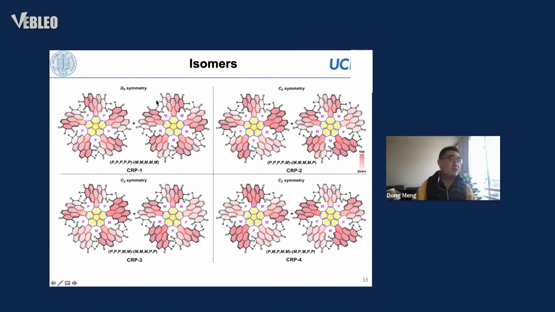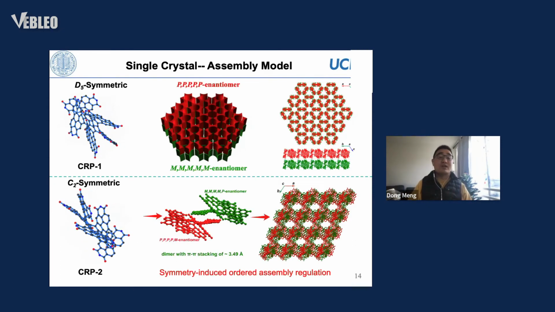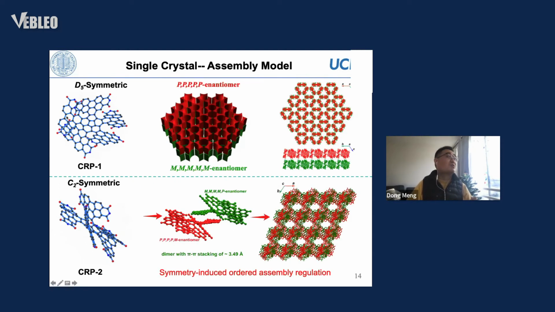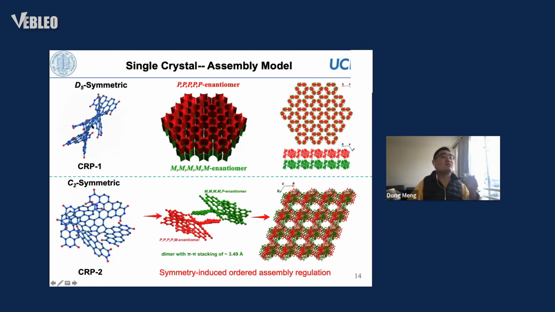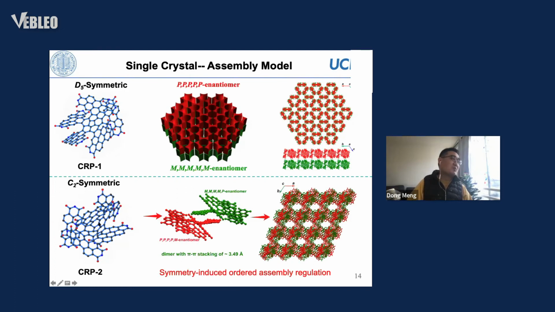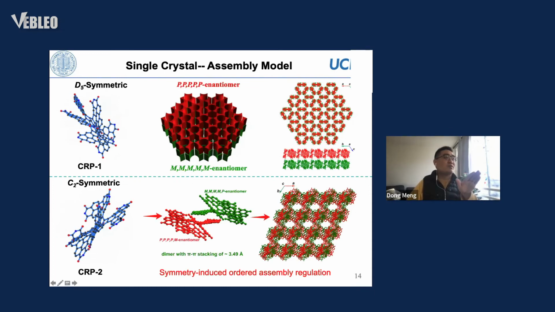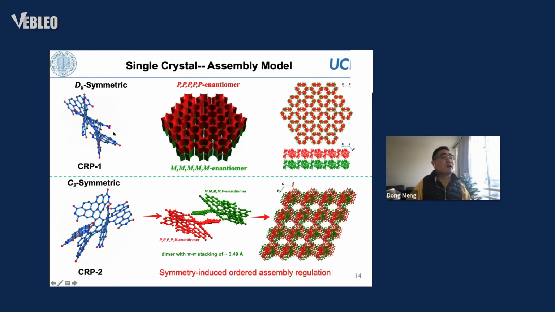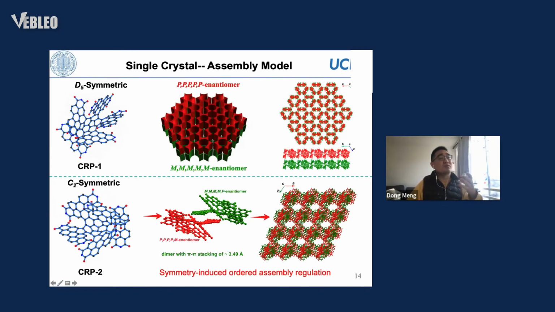From each isomer, we have the two carriers in enantiomers. So through separation and then crystallization, it helps separate the two isomers. From the crystals we can see the D5 can help form the propeller configurations, but for the C2 symmetry, maybe the whole parent unit is up and the whole parent unit is down. But for the D5 symmetry we find that it forms maybe 3 units to form